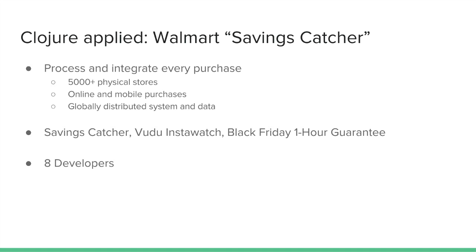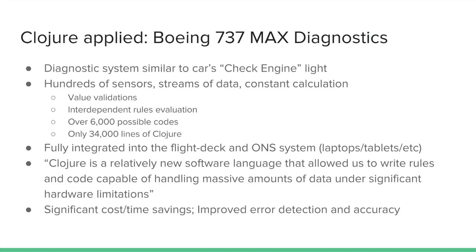And the Boeing 737 MAX diagnostic system is also written in Clojure, another very interesting data fusion application. The diagnostic system is superficially very similar to your check engine light, except there are hundreds of sensors, streams of data, constant calculation. That calculation could be value validations based on the sensors or interdependent rules between different parts of the plane. There are over 6,000 possible codes that this thing can generate, but the impressive part about this